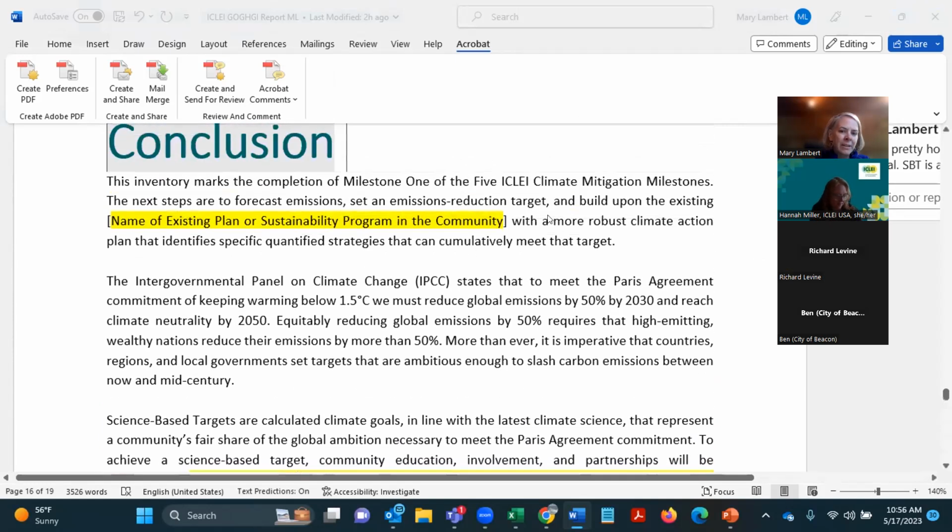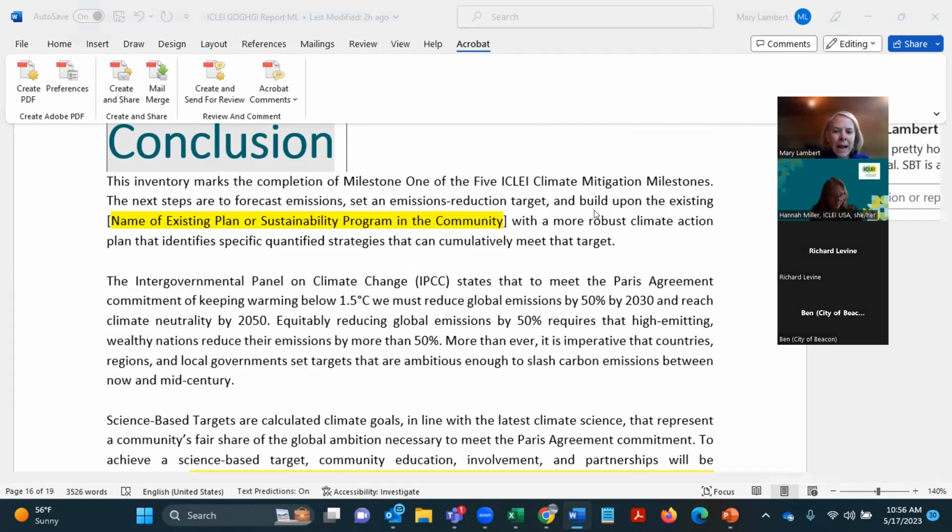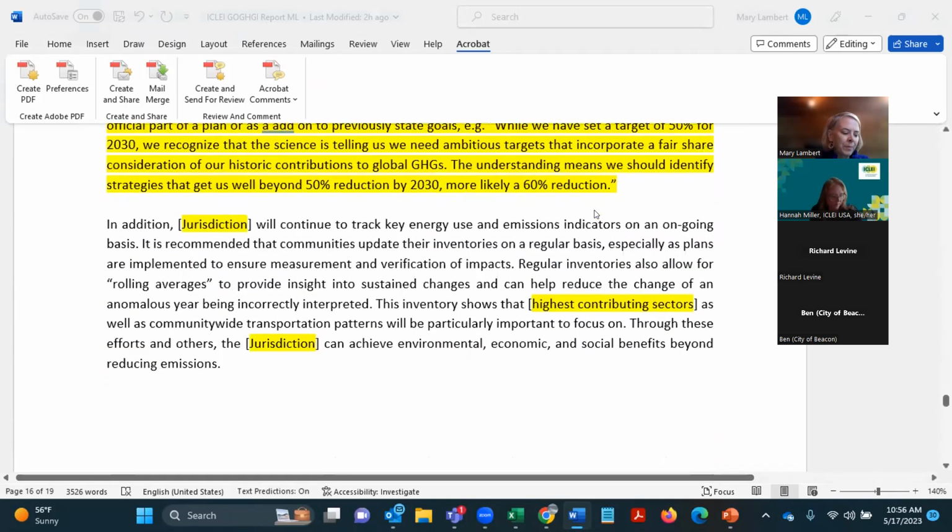I think the first paragraph is kind of important, that we've just completed milestone 1 of this 5 milestone framework. And you can even mention that you're moving on to complete a climate action plan and address CAPI if you want. The other thing you could do here at the end, which I've seen in other reports, is you